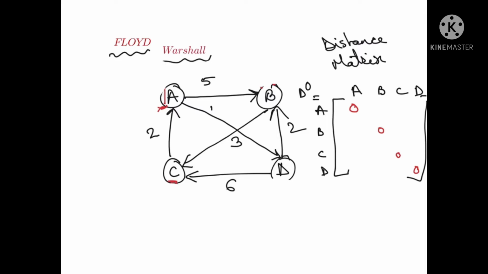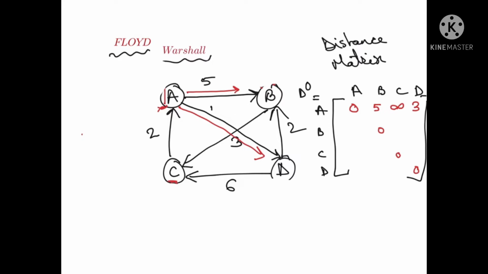Now what we have to do is check how you will go from A to B. A to B, the arrow is in the same direction, so A to B will be 5. Now A to C. When you have to go from A to C, there is no direct path, so this will be counted as infinity. And then A to D this way is 3. Have you understood this much?